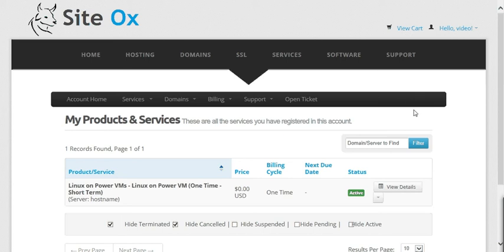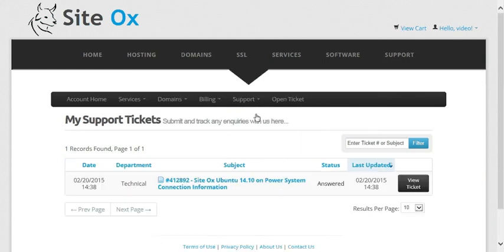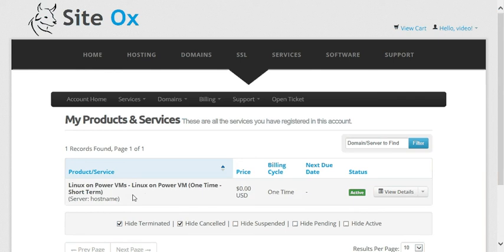Or you could just go directly to your support tickets by going to the account menu bar, selecting support and tickets. And you see that under our support tickets we have one support ticket here that says it contains connection information. Now before we look at that, let's go look at the details of the Linux VM that was just built. So to view the details, we're going to go back to the account menu bar, select services and my services, and we see our Linux on Power VM again in an active state, and we also see this button here labeled view details. So we're going to press the view details button,